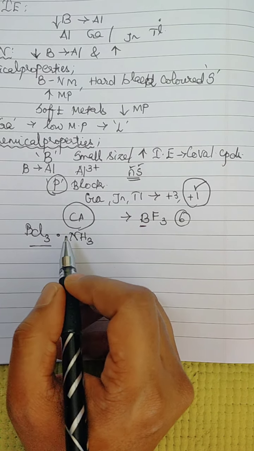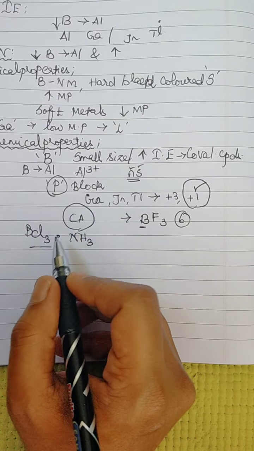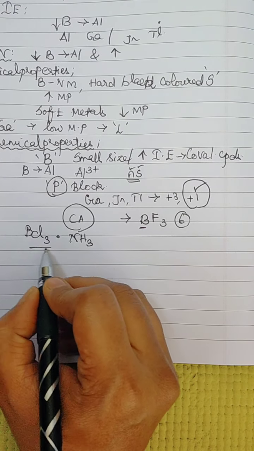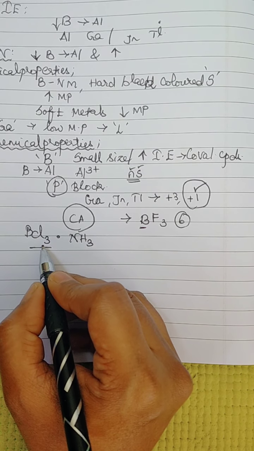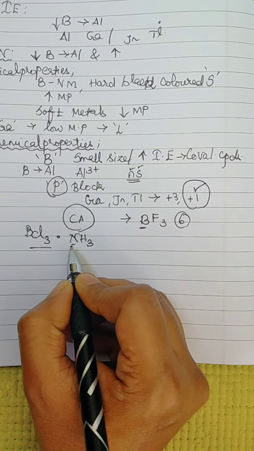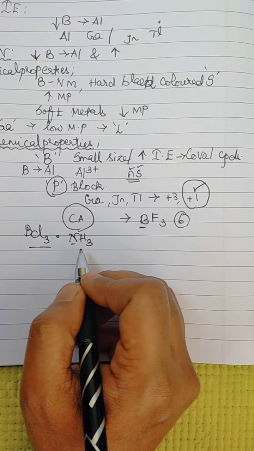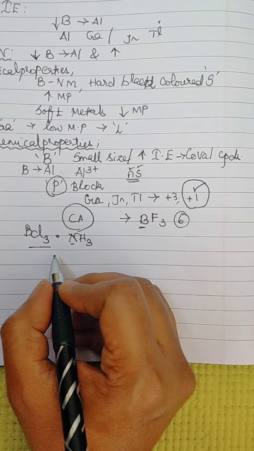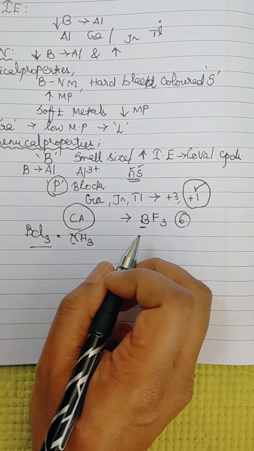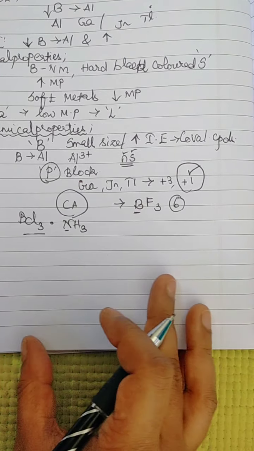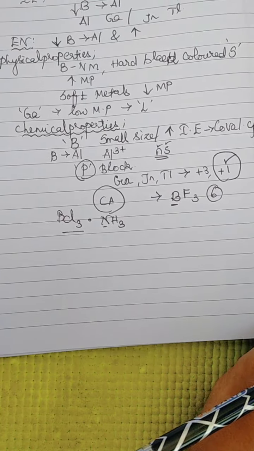Since they are electron deficient molecules, they can accept a lone pair of electrons to achieve a stable octet. Look at the electron deficient compound BCl3. It can accept a lone pair of electrons from nitrogen, resulting in the formation of the complex BCl3NH3. Now this can be hydrolyzed to yield tetrahedral complexes. Now that we have seen the chemical properties, we are going to see the chemical reactions one by one.